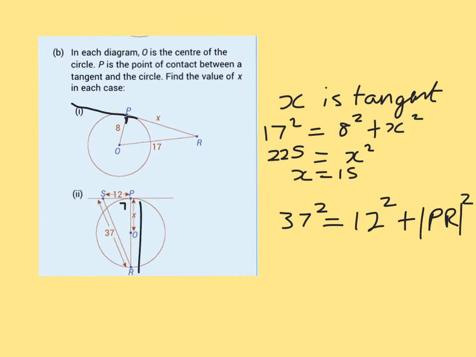That's that whole length of this. So when I get PR, the length of PR squared, and that's what those lines stand for, remember, 37 squared minus 12 squared. That'll give me